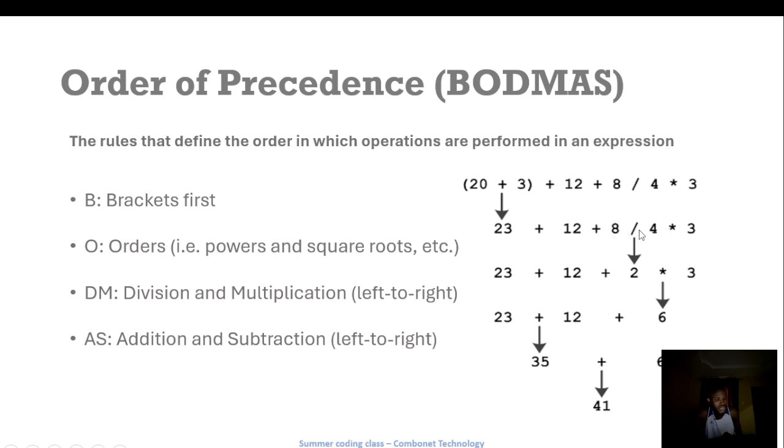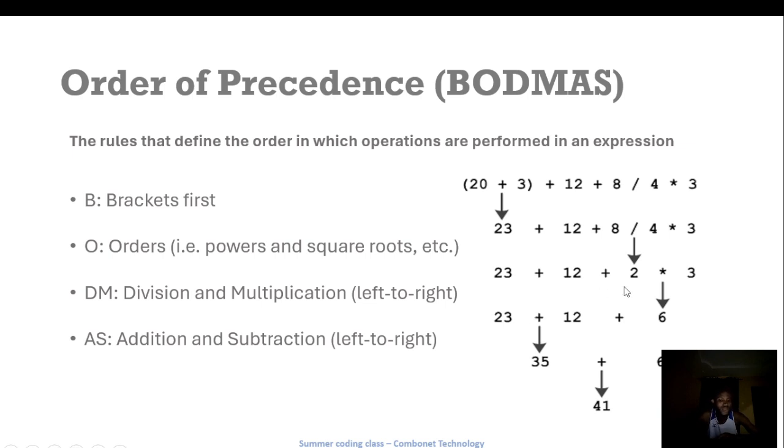The next thing we are supposed to do is, we're not supposed to evaluate this, because on the second level we have division and multiplication, right? Can you see that after we evaluated this, we are left with 2, the evaluation of 8 and 4, and we still have multiplication. That means we are still on this level. So what we do next is evaluate the multiplication. But let's say that we have multiplication before division. You evaluate the multiplication before the division. It doesn't matter. The one that comes first is the one you evaluate first, and then you jump down to